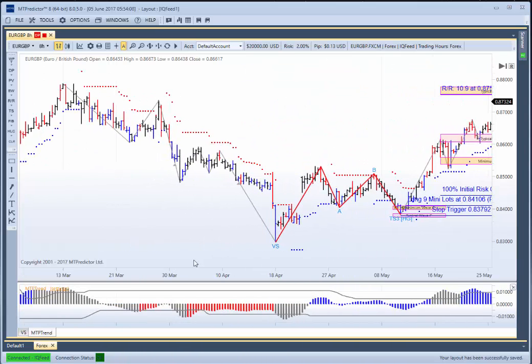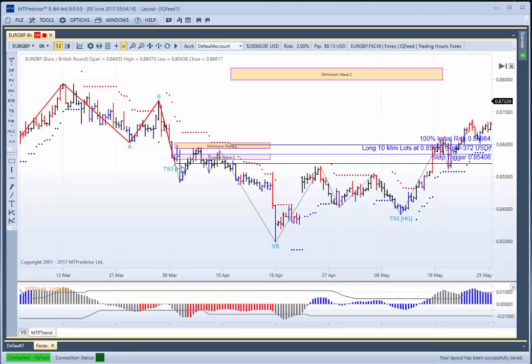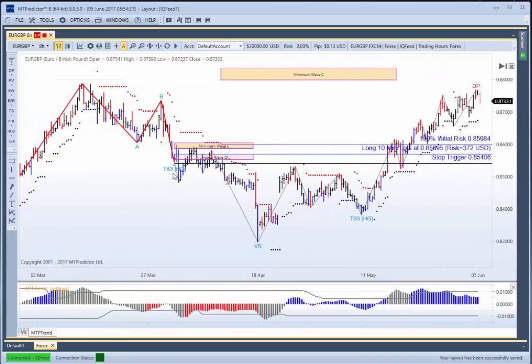If I go back and have a look at some examples here, there was probably a losing trade here. If I look at this particular blue buy bar, you can see this was on a black MTP trend, so it's perfectly valid. Again, it was a Holy Grail trade setup, and in this case it would have actually been stopped out for a losing trade. So this would have been a loss.